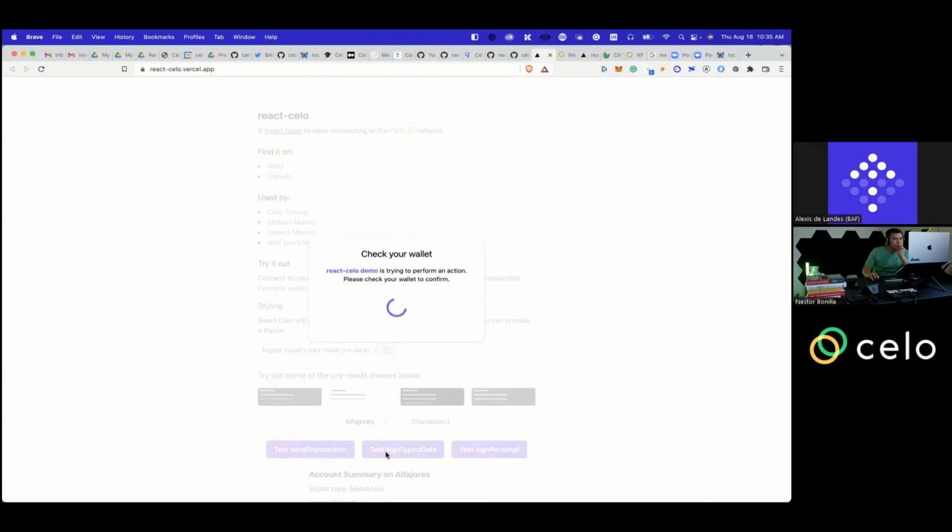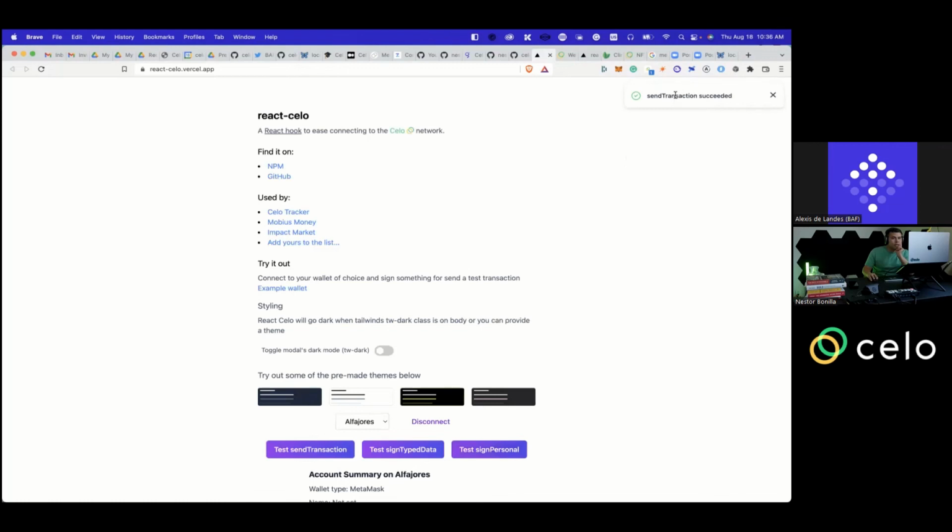You are able also to sign typed data, to sign and test signed personal messages. So yeah, that's pretty much it. This project, for instance, React Celo is used by Celo Tracker, Mobius Money. So all these are different projects that are using this